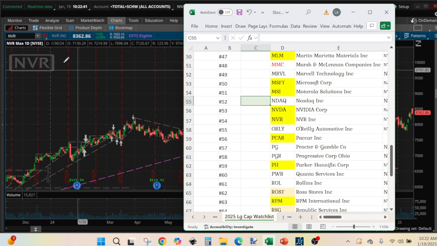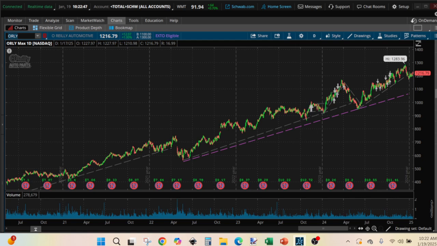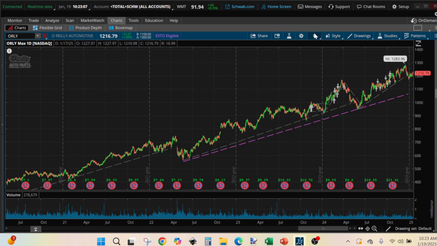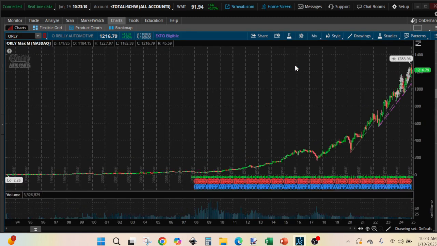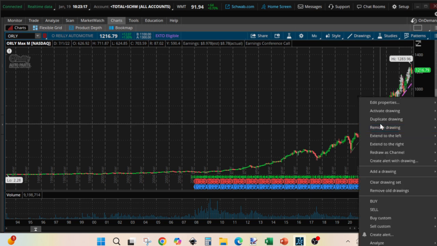So the next one is ORLY. We like to buy ORLY at this trend line. Right now it is following this one, higher up, and I'm seeing only one trend line here. I like to have a backup plan. That way I know if there is a chance it will go lower than this. So for that reason, we can go to the maximum monthly chart to see what we can trace, if there is a way we can extend it or